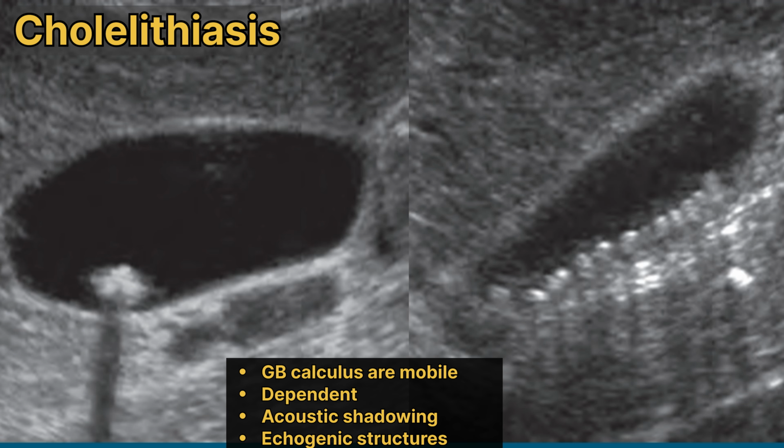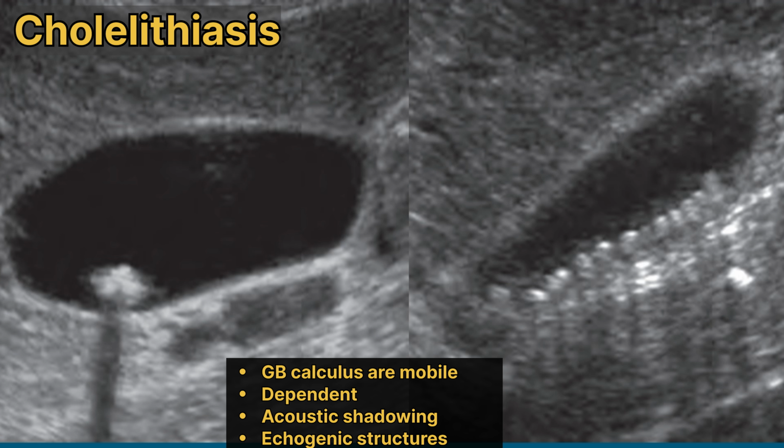The stone in the gallbladder is known as cholelithiasis. Its causes may be different. Some stones are cholesterol stones, about 80%, some are mixed, and some are pigmented stones, about 20%. If we discuss the sonographic features of gallbladder stones, the stones will be mobile and hyperechogenic with acoustic shadowing, and when the stone is smaller than 3 mm, it is called a concretion. It does not have any acoustic shadowing.